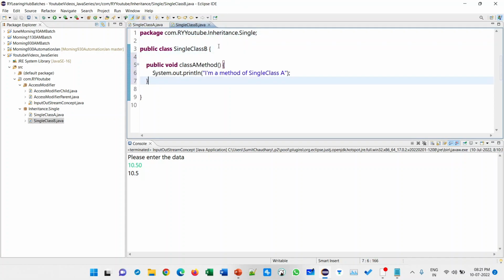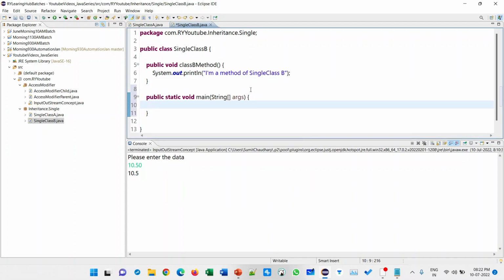There is a class B, and class B extends single class A.